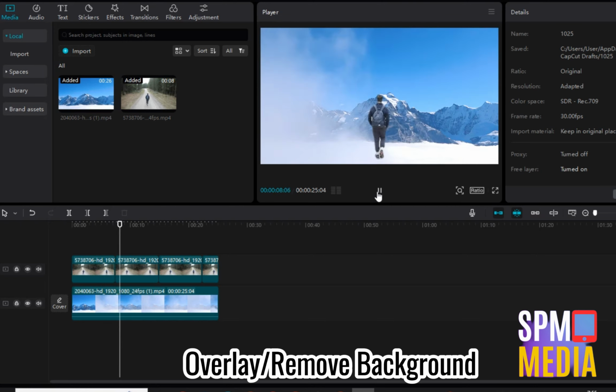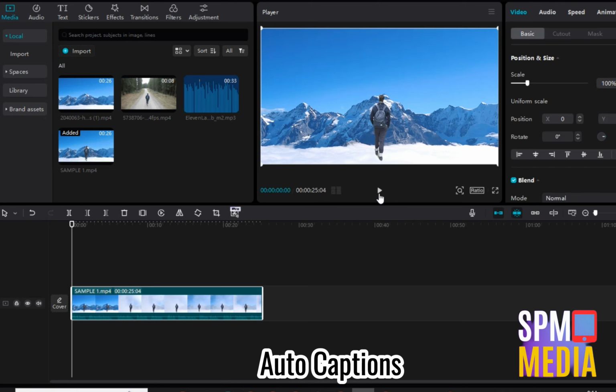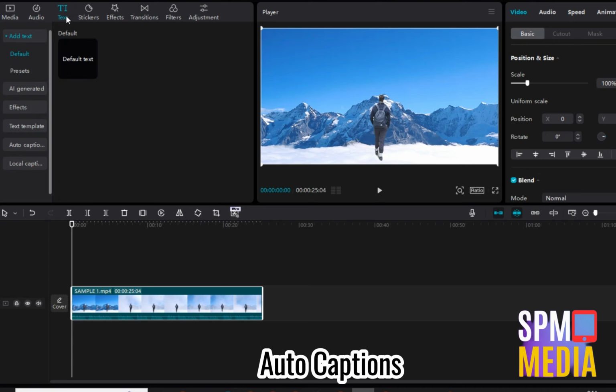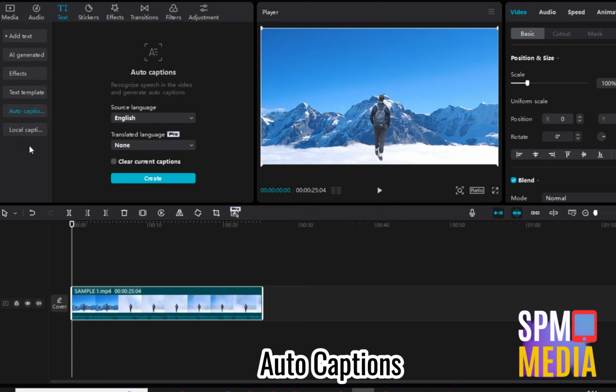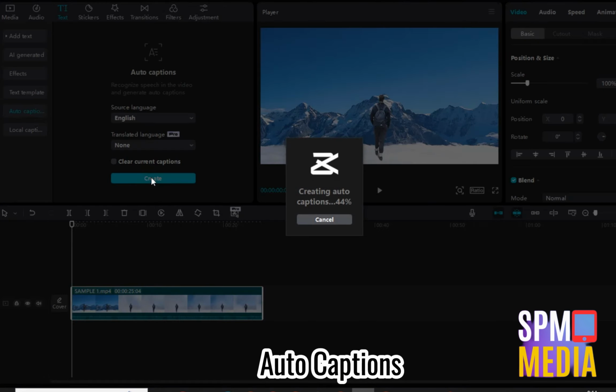Now, the second feature that I'm going to show you in CapCut is the auto caption. So you just have to drag the video right here and then tap the video. Now go to text and then you should see here the auto caption. If you tap this, you will have the option to translate this to other languages, but you must upgrade your plan to Pro in order to unlock this feature. But for this time, I'm just using the basic version, so I can only use this English language right here. Now tap create, wait for a couple of seconds as it is processing,